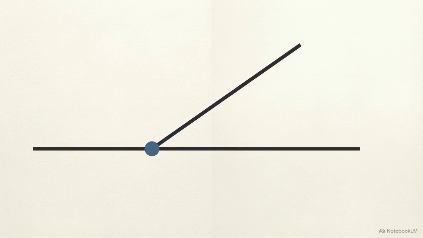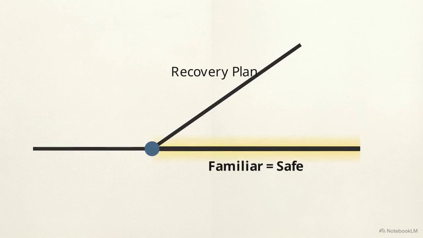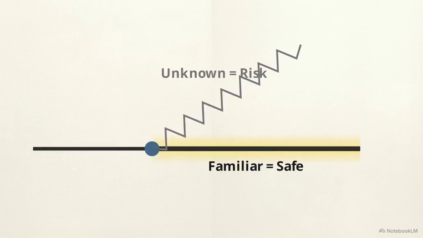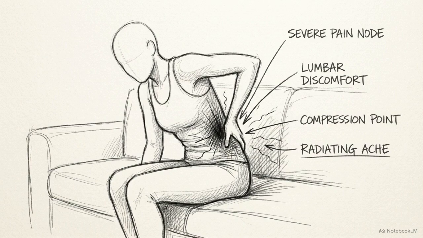This visualization shows how that bias works in practice. The brain creates a shortcut where familiarity is falsely equated with safety. The path we are already on gets an artificial glow of safety, while the diverging new path is automatically coded as a risk. In a musculoskeletal recovery setting, the patient's current state is usually characterized by pain, but it is